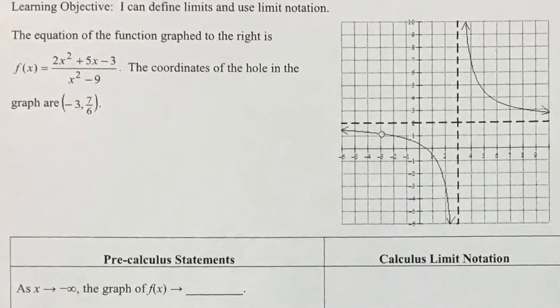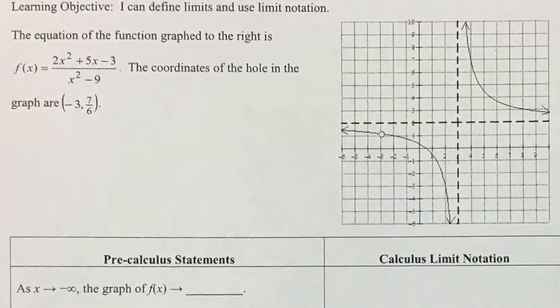So to introduce it, we have this function, this rational function, whose graph is over here. It has an asymptote at positive 3. It has a hole at negative 3, and here's the coordinate for the hole, negative 3 comma 7/6. And then it has a horizontal asymptote here at positive 2. Okay, so we're going to take this rational function and use it in order to write our calculus limit notations